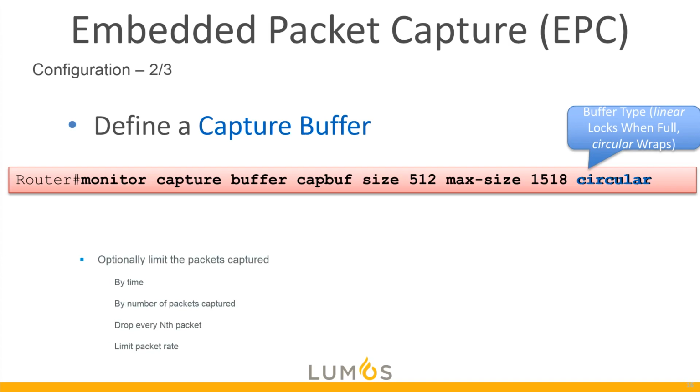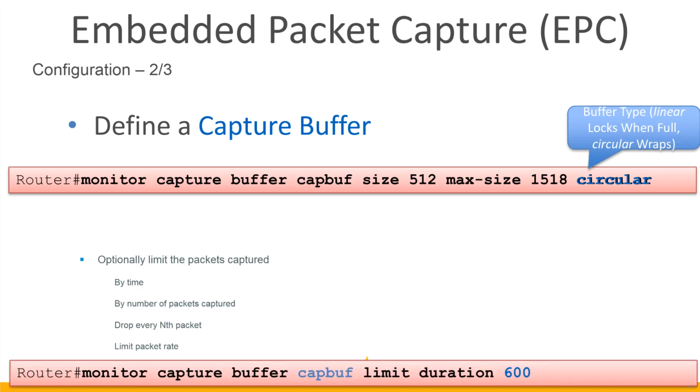So we can optionally limit the packets captured by amount of time or duration, the number of packets, and we can even drop every nth packet or number of packets, and we can also limit the packet rate. So something like monitor capture buffer capbuff limit duration to 600 seconds, so that we don't run it for too long, or we want it to stop even if there aren't enough packets to fill up that 512 buffer size or whatever it is we